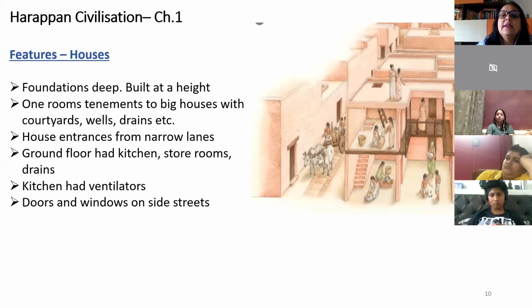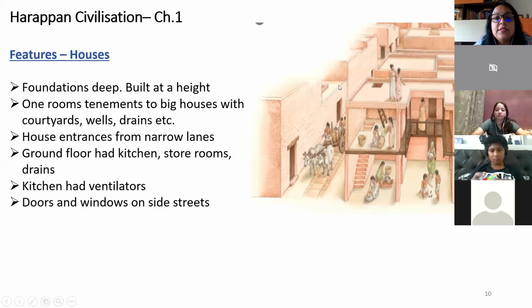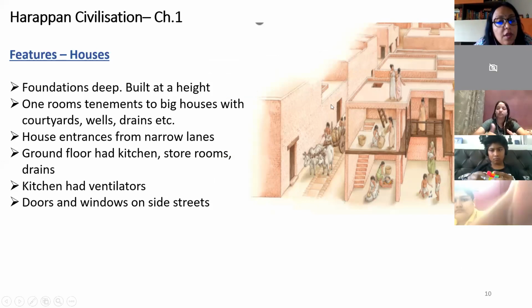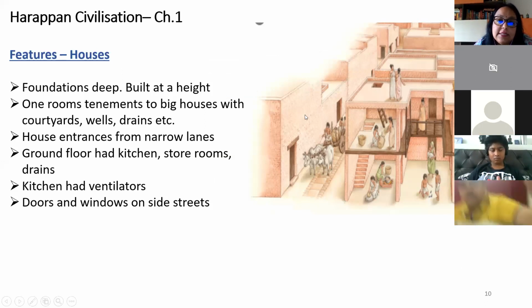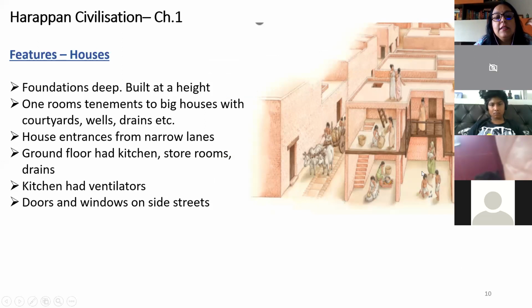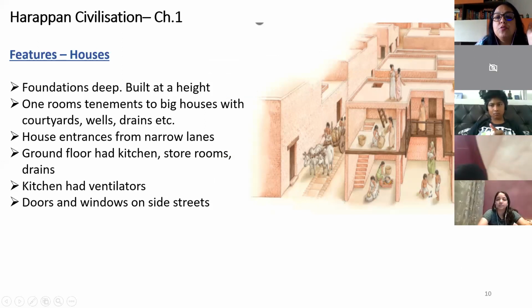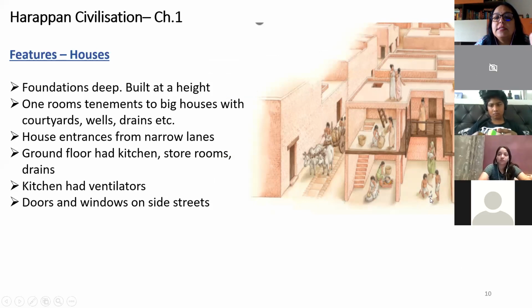Okay, now this is a representation of a house. Something like this the house used to look. Either they were 1-room or 1-story house like this one. This is a 1-story house, or there were 2-story houses like this one. So if you see the houses which were big, which were 2 stories, which had many rooms, there in the center you will find a courtyard. What is a courtyard? Courtyard is an empty space around which rooms would be there. In the center, there is an empty space.